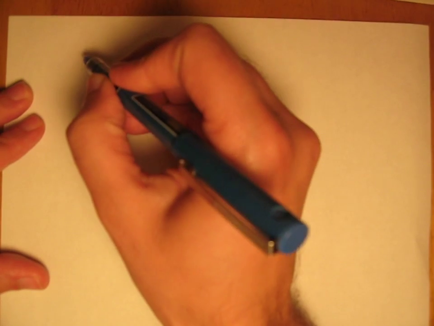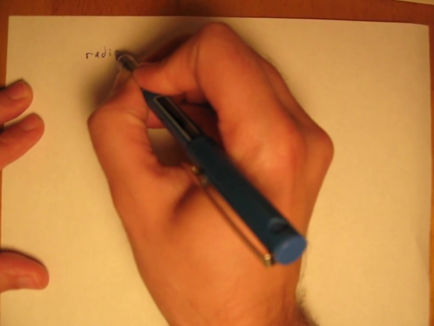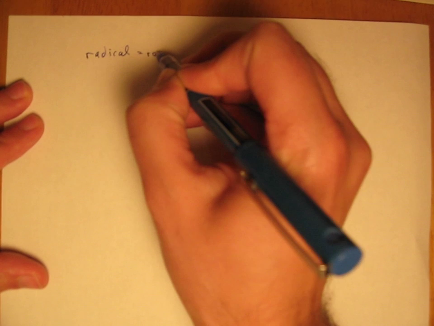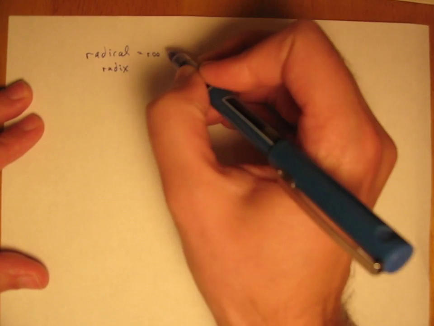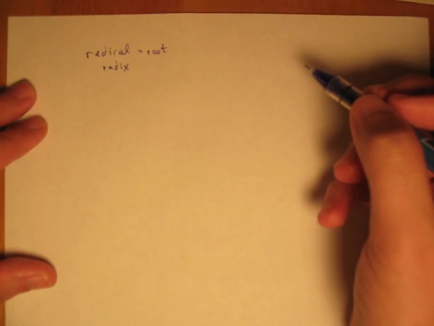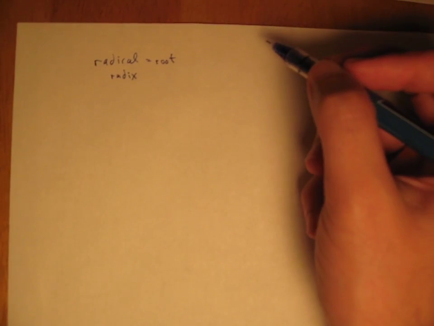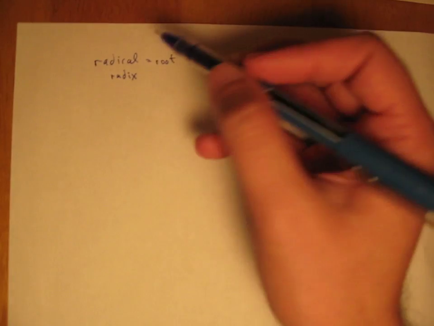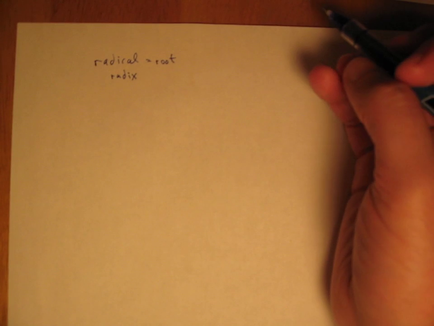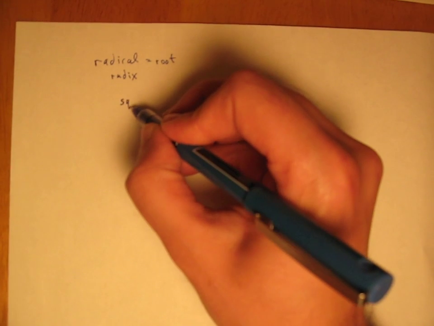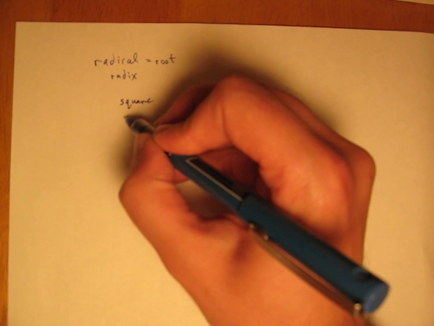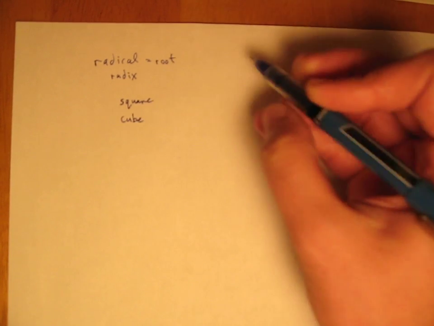So radicals is just a fancy way of saying root. In fact, radix, which is where we get the word radical from, is just the Latin word for root. Radix just means root. The reason why things are called roots, a square root or a cube root, is that